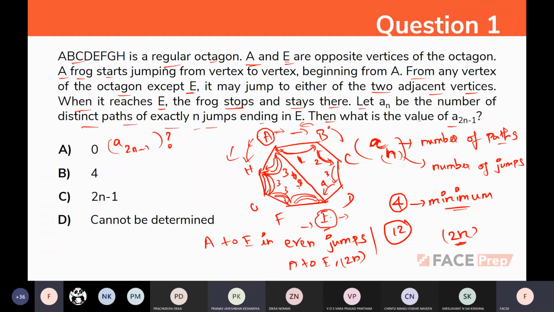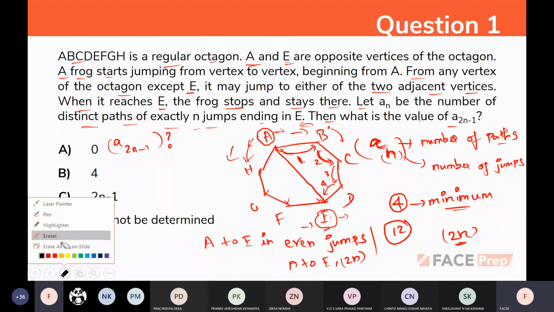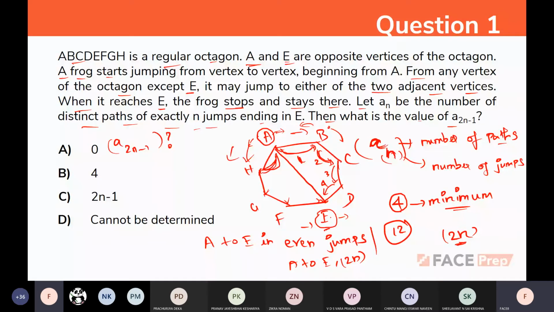Yes, it can jump 5 times also. Let me explain that also. It can jump 5 times also: 1, 2, 3, 4, 5. It will be here. So here also 5, 5, 5. So whatever path it follows, it will end in an even number. So the representation will be A to N, that is, for all the paths the representation will be A to N to reach E. Otherwise, it cannot reach E at any time.